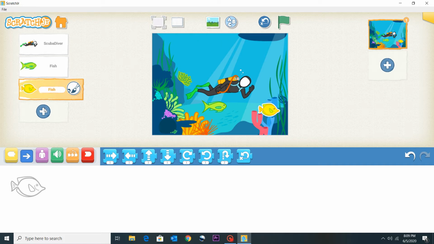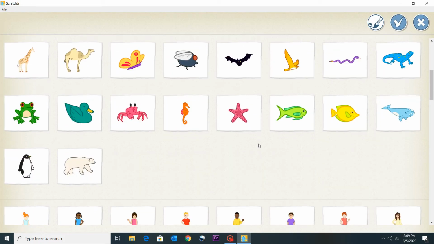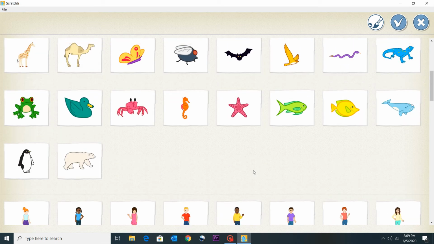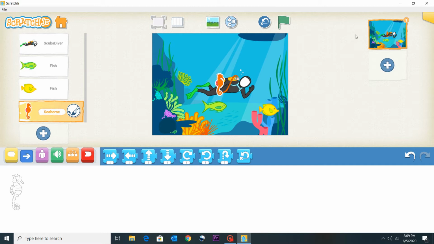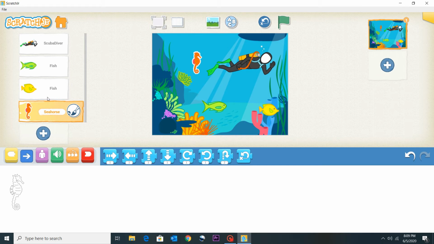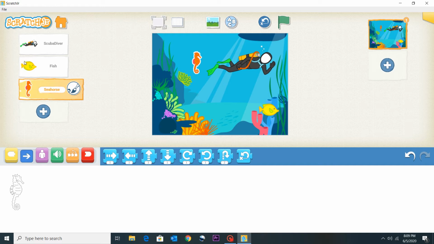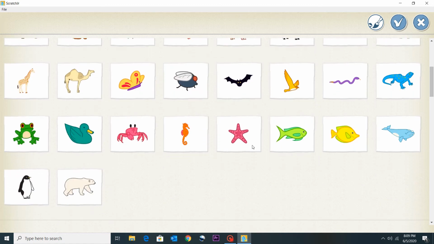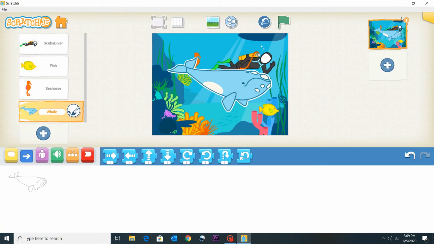And now we can even choose this seahorse. If you don't need this fish, it's okay because more characters can't fit. Okay, so now we can even take this whale if you want,